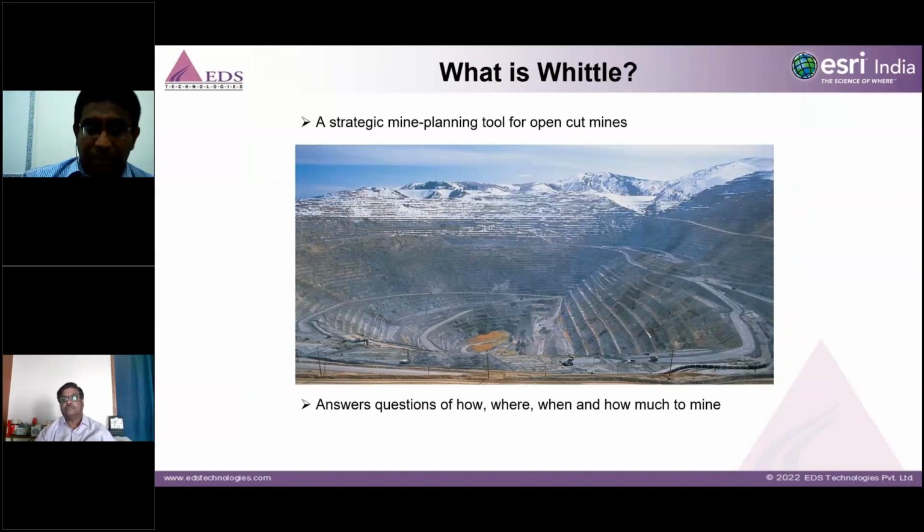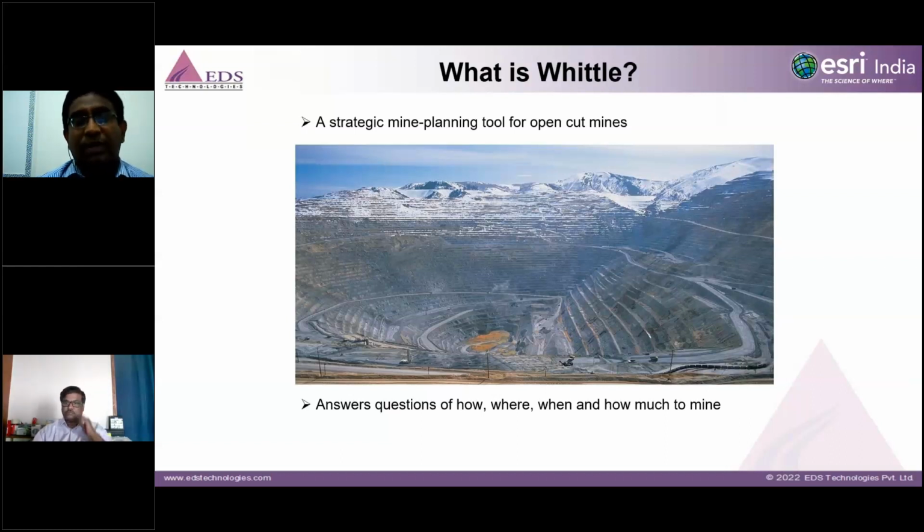As I earlier told, this optimization is the most vital part, where you can have your capex and opex investment for different commodities and different applications. It will guide you on how much to mine, where to mine, when to mine, when to stop the mines, and up to what level you will stop the mines in the open pit, so that you can get more profitability, so that you can start the underground, or else you can stop the mines up to that level. This type of application you can do in the Whittle optimization, and it is very worldwide acceptable software